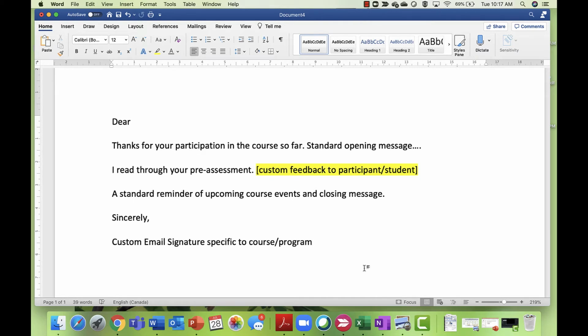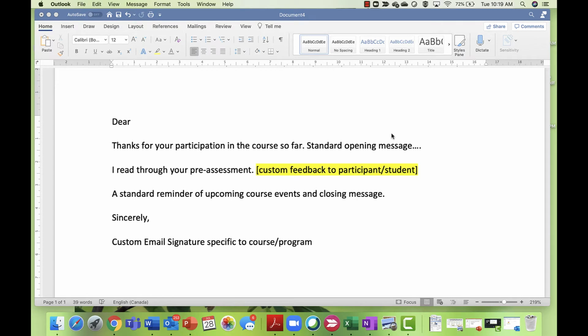And what I was previously doing was writing this kind of message out in Word and then copying and pasting over into an email message that I was constructing basically from scratch every time, that I was customizing within Microsoft Outlook. But I learned that I can make this a bit more automated for myself by using an email template in Outlook. So if I open up my Outlook